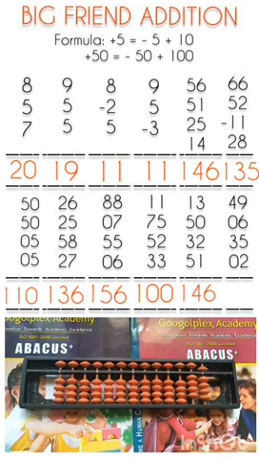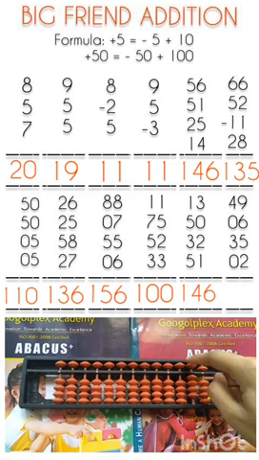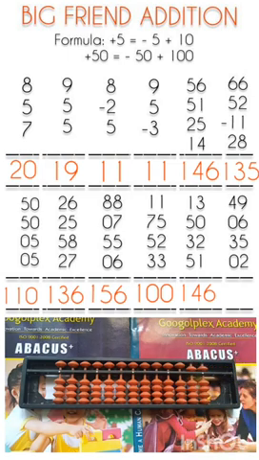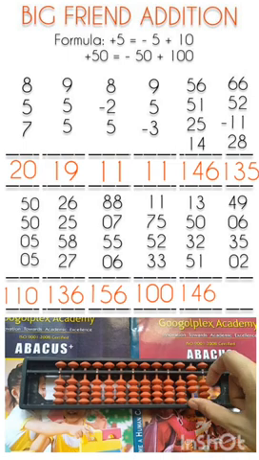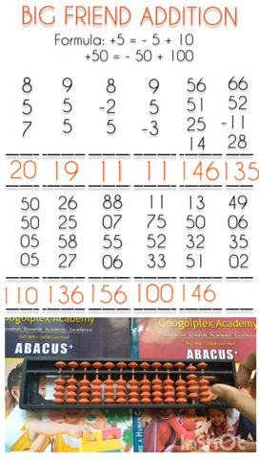Addition of 6 not possible directly on 1's rod. Apply the big friend formula of plus 6, which is minus 4 plus 10 we have to do on 10's rod. Plus 10 is also not possible directly on 10's rod. We have to apply the small friend formula of plus 10, which is plus 50 minus 40. Now add 35. Addition of 30 done directly. Addition of 5 again not possible directly. Apply the formula, minus 5 plus 10. Now add 2. What is the answer? Answer is 92.